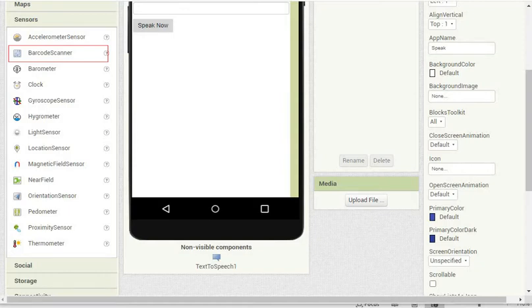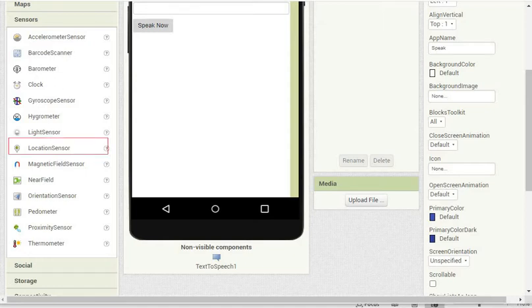The barcode sensor in your mobile phone can be programmed to read barcode and QR codes and to fetch important information. Your phone also has built-in sensors that let you monitor various environmental properties such as pressure using the barometer sensor, humidity using hygrometer, luminance using the light sensor, and temperature using the thermometer. You can create handy apps using these ready-made sensors that can be quite useful for you.